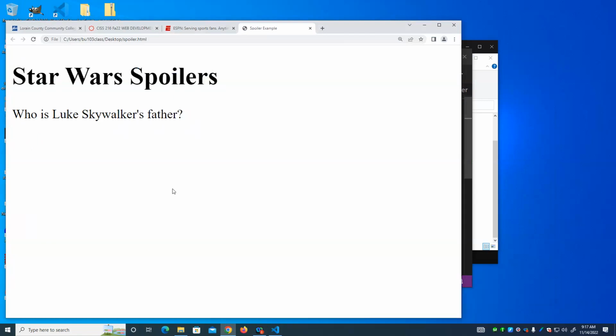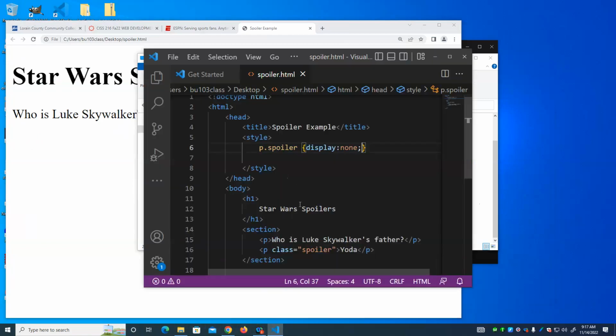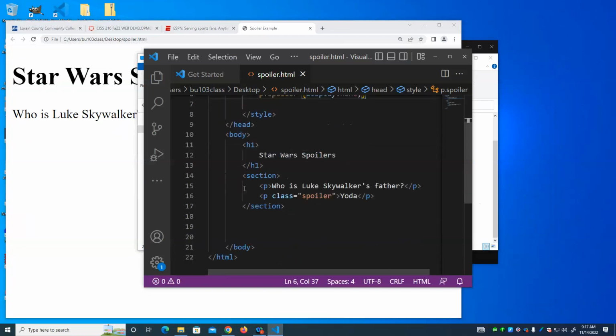So we don't have it. We can't see it anymore. So HTML is content. CSS is the appearance. So initially we want that spoiler to be hidden. So we make the display none. If I did this for